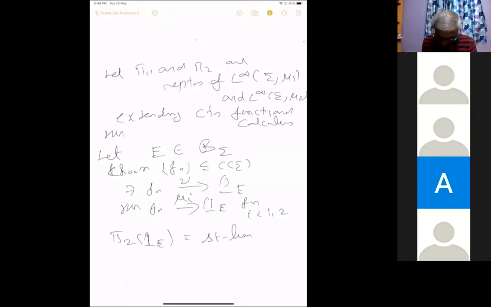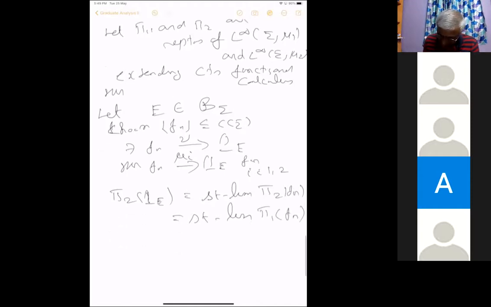Strong limit of pi 2 of Fn. But then they agree because the Fn's are continuous functions, so pi 1 and pi 2 agree. Okay. Now this also goes to this, so pi 1 of 1. Okay. So if